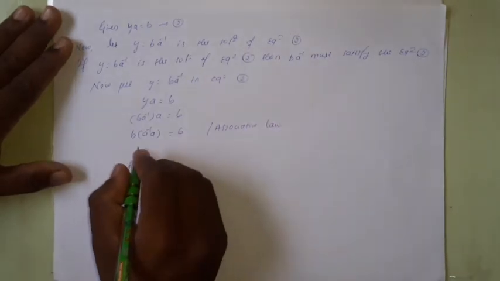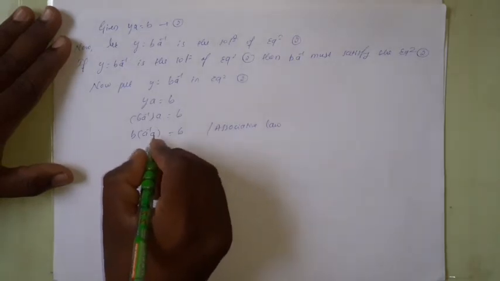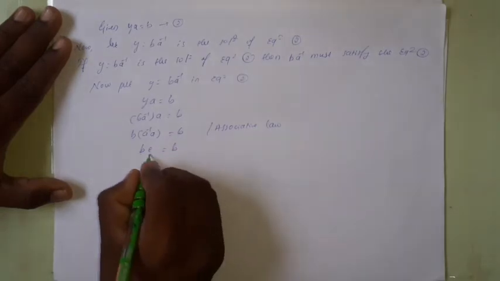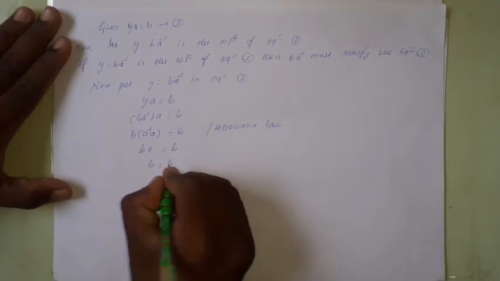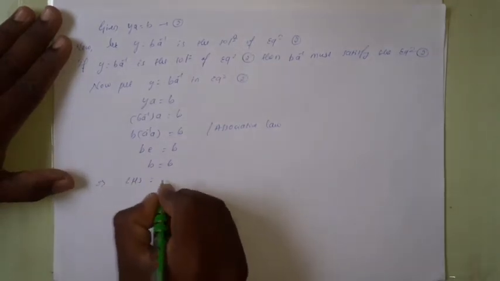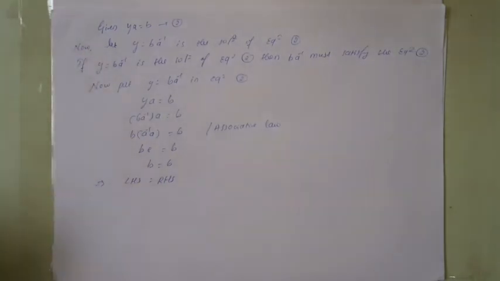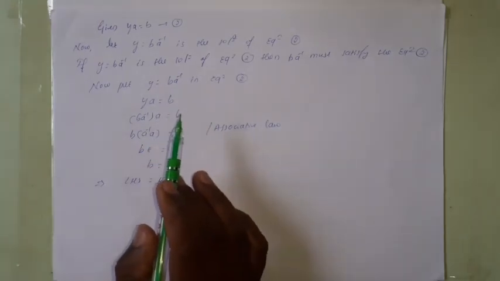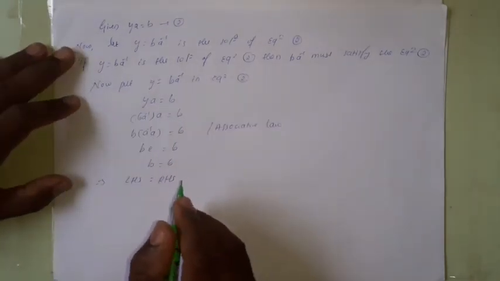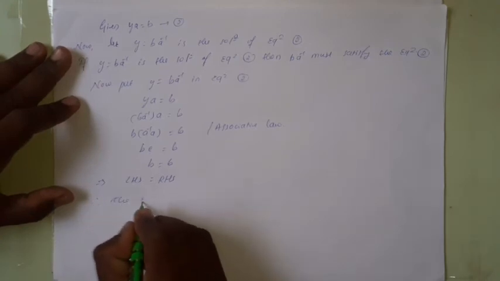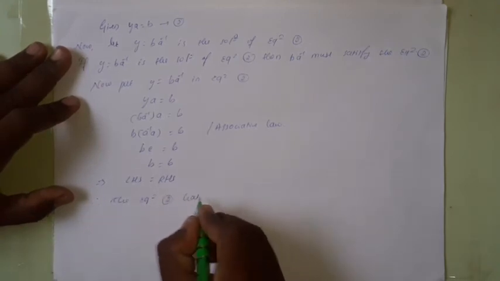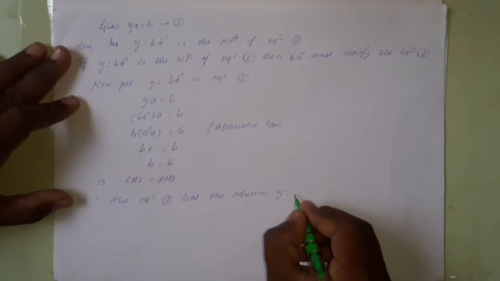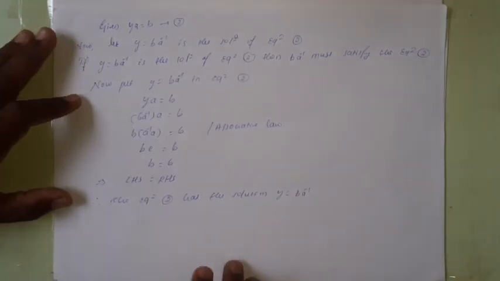Then by using the inverse property, we can write A inverse into A as the identity element E. So therefore it is B into E is equal to B. Again, B into E is equal to what? B, which is equal to B. So therefore LHS is equal to RHS, right? So we can conclude that y is equal to BA inverse is the solution for equation 2. So the equation 2 has the solution y is equal to BA inverse, and then